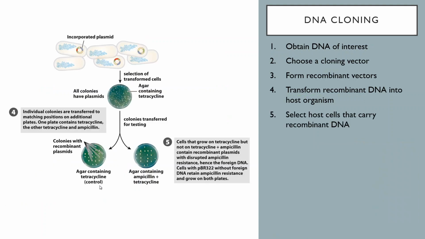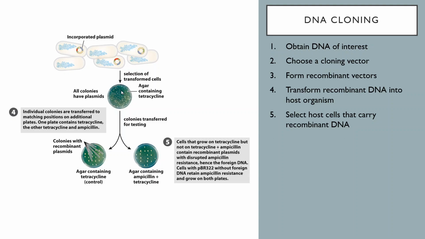But the last step I've already talked about a little bit is selection. So once you've transformed your cells, you have to select those cells that actually carry your plasmid. Because again, no transformation method is 100% efficient. So no matter how good it is, some of the cells will not actually pick up your plasmid. So you need some way to select the cells that picked it up. Again, with bacterial hosts, antibiotic resistance is an easy way to do selection. So you use a plasmid that carries one type of